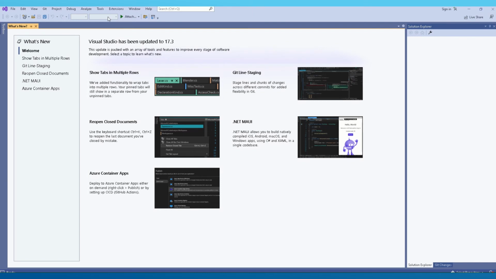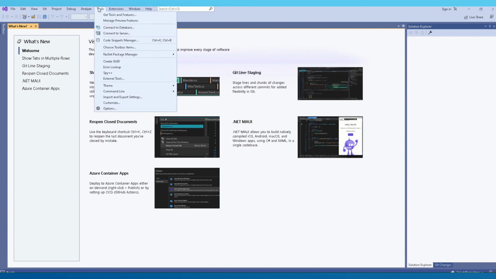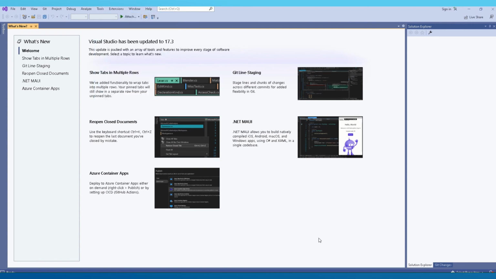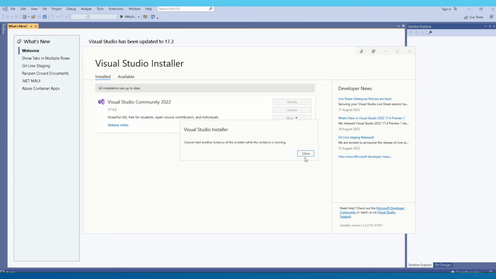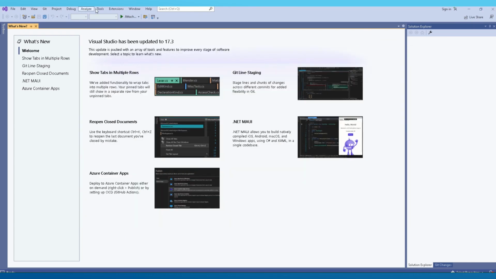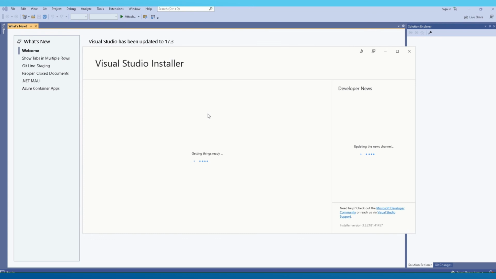So once it's loaded, what you can do, if you've forgotten to select the C++ and the .NET Desktop workloads, go into the Tools menu, then click on Get Tools and Features. Once you click on this, it will go back into the installer. I had to shut down my previous version that was open, so you might need to do that as well. So Get Tools and Features, it launches the installer